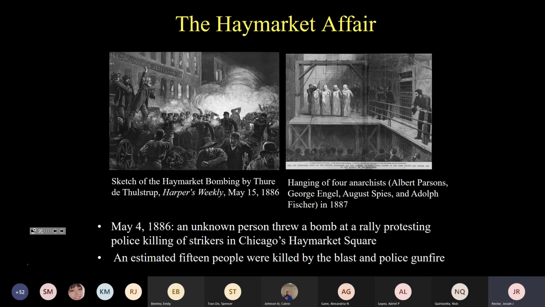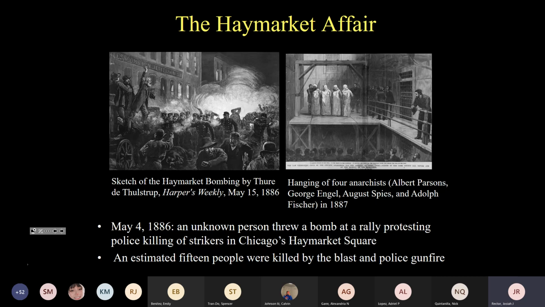Whereas others in the crowd say nobody knows who threw the bomb. The police reacted to it by firing wildly into the crowd, and that most of the people who died were killed by other police firing weapons into each other's ranks. What is known is that at least 15 people were killed. Many were hit by shrapnel from the bomb. One policeman was killed by the bomb, and there was firing both from people in the crowd and from the cops.